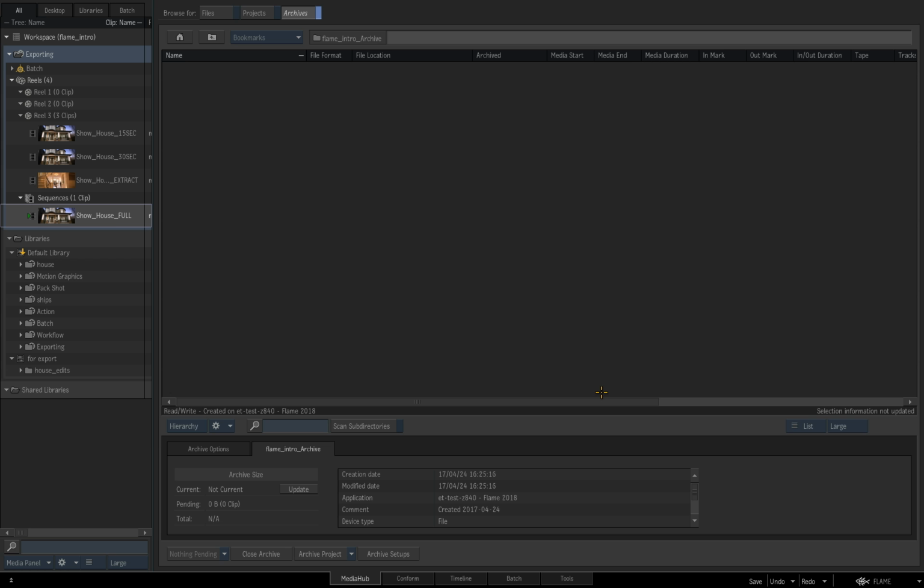It's empty at the moment, and now all we really have to do is decide on what we're going to archive off. Now you've got a couple of options here, but basically it falls into, do we want to archive the entire project, literally everything that we've got in this one project, or do we just want to archive bits and pieces, the bits that we choose, a selective archive? Not really many options in here. This is going to give us an idea of what the archive size is and some information about when it's